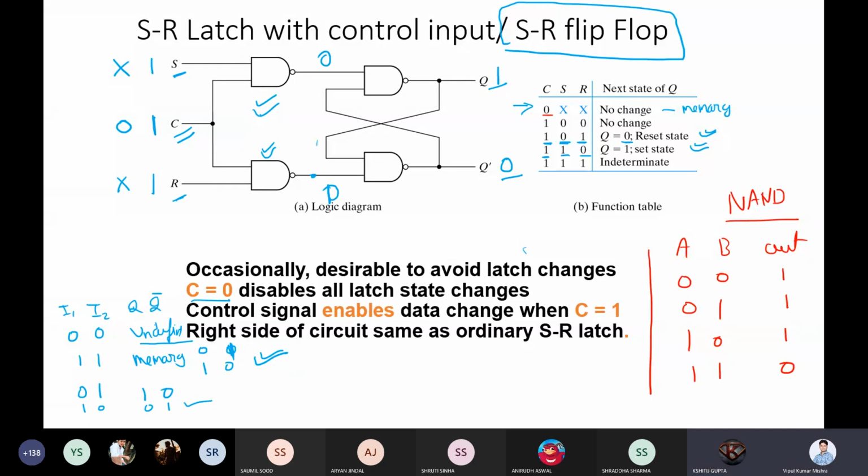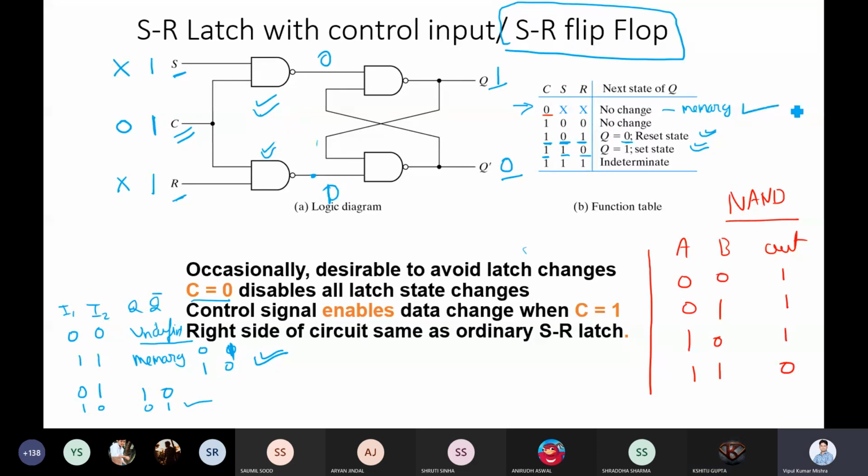Sir, C is equal to 0. That's fine. What should be the S and R? Can we control the S and R values so that it will act as a storage only, without any set and reset? 0 0.